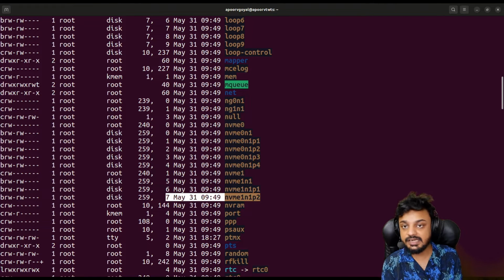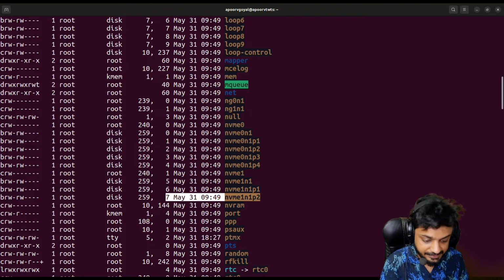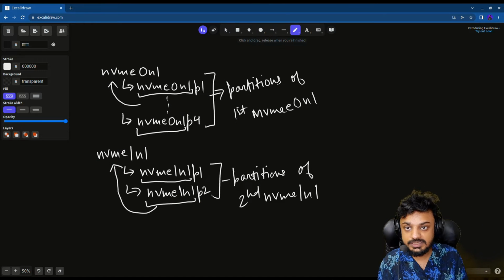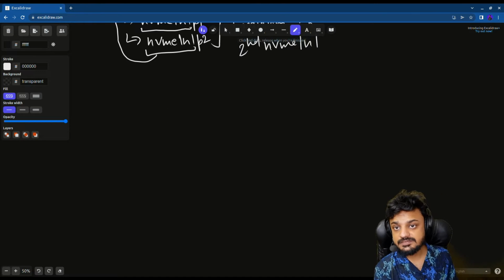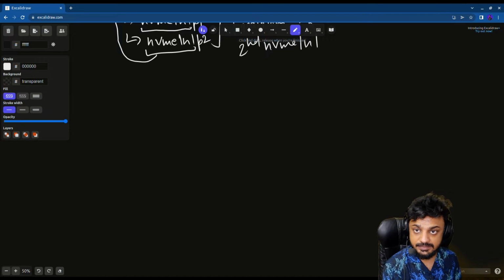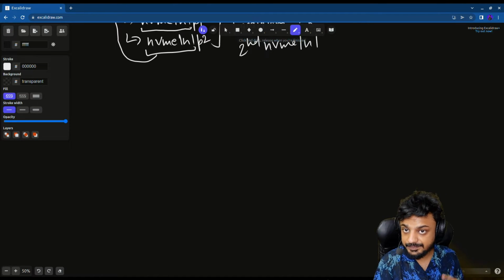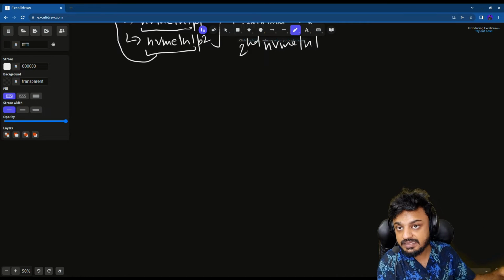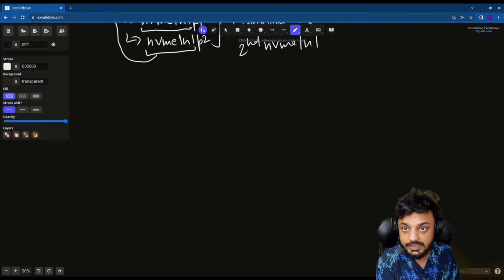Right, so this is how the kernel differentiates: the devices are of the same type, but which one is it dealing with exactly. That's what this is usually for. We also have some pseudo devices connected in the system. Pseudo devices are those devices that are not physically connected with the system. So the NVMe's that we are talking about are connected in the motherboard of my computer,